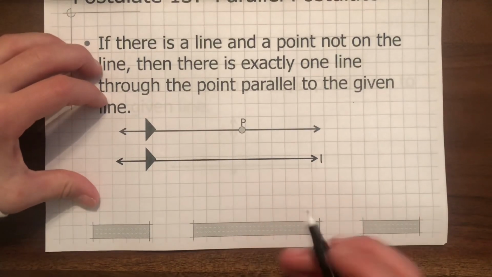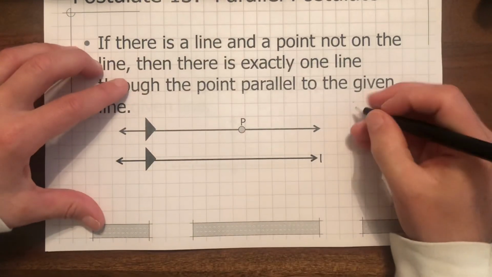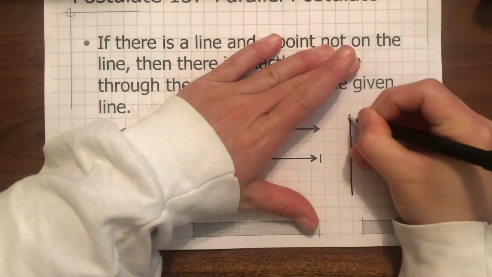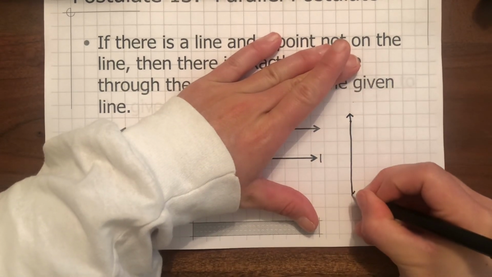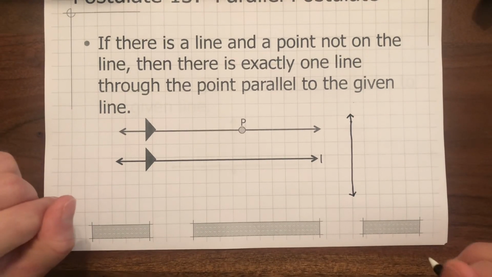Okay, so let's just say I have a line. Ignore this for right now. I have a straight line, and I should be using my straight edge when I do this, but I'm not. I'm sorry. So I have a line, okay? And the only reason they draw